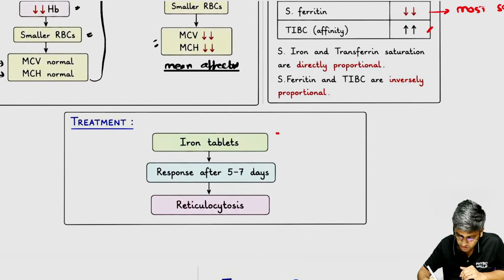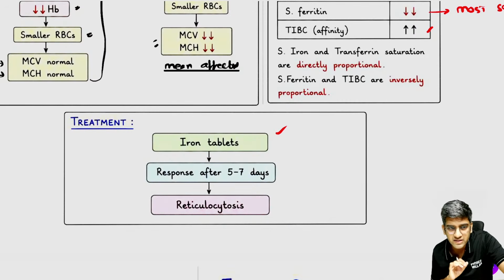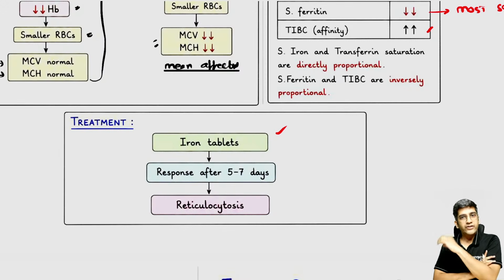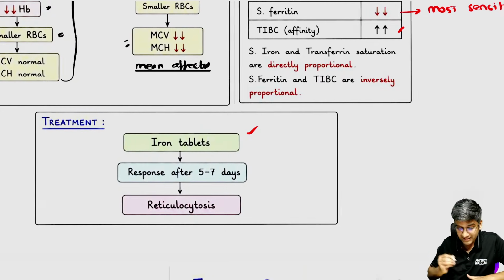And what do you do? You treat. You know that? Your comment disappeared. Can you reply, put the comment back so I'll answer that, right? Treatment is your iron tablets. TIBC, Valikar, is total iron binding capacity, fine? You know the iron tablets from pharmacology, right? Whatever tablets you want, ferrous fumarate, ferrous sulfate. But the most important thing is, I need to know if the patients are taking the tablets.